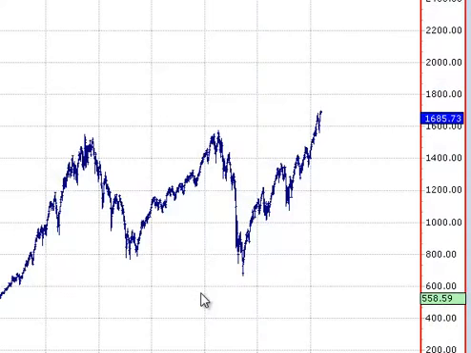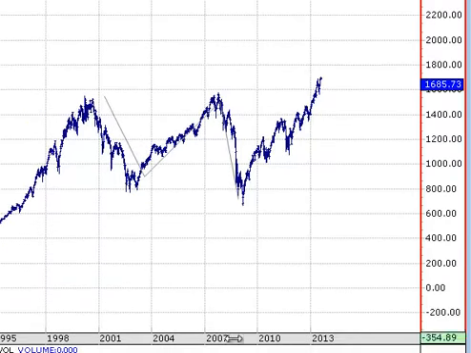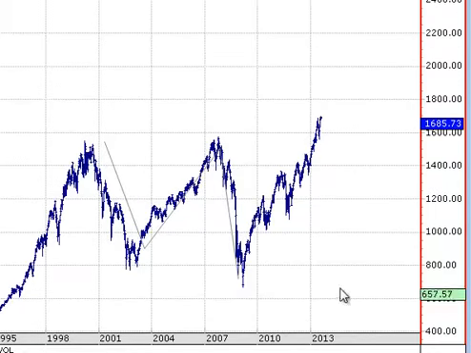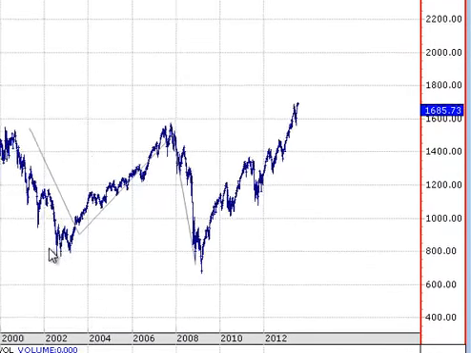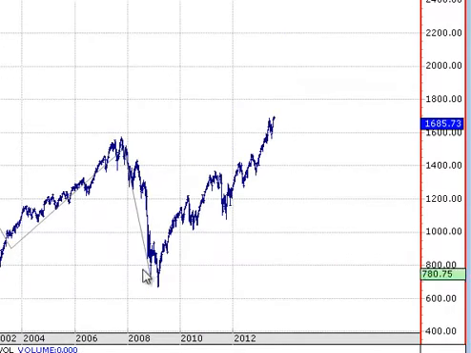Welcome, and here we're looking at the S&P 500 on a weekly chart, and just wanted to point out the possible bigger picture according to Elliott wave. As you can see, we've got a nice ABC correction in this section through here. I suppose I should put up the time factor here. These are years here. So what we're looking at is that after an ABC comes an impulse wave,